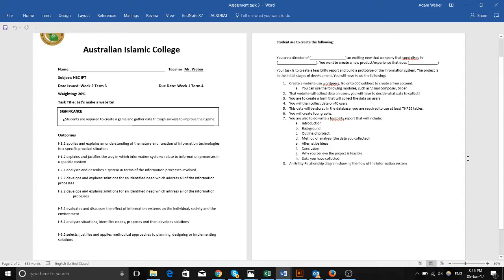Alternative ideas. So what are some other ideas that you could think of similar to what you're wanting to do? So for example, if you're wanting to make a fish store where you get to sell heaps of fish, maybe here's an alternative idea, you simply turn it into a Gumtree. So instead of creating this massive multi-million-dollar structure where you can sell and buy fish from your company, you just get people, everyday people, like on Gumtree. There's just one weird idea.